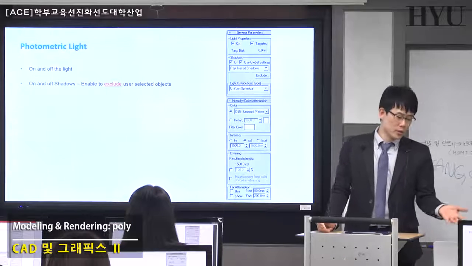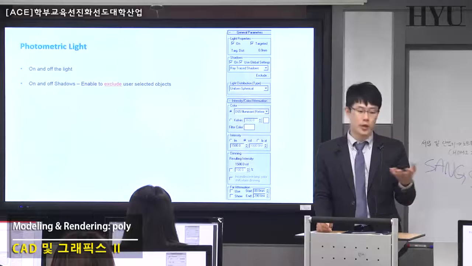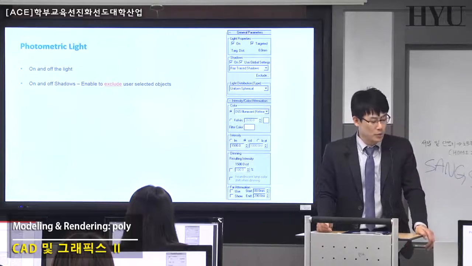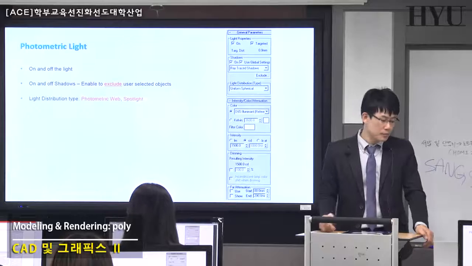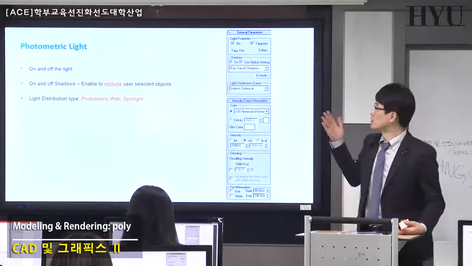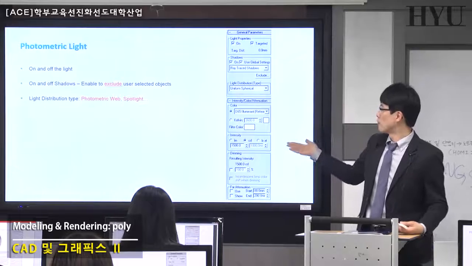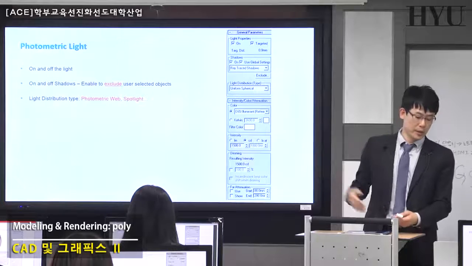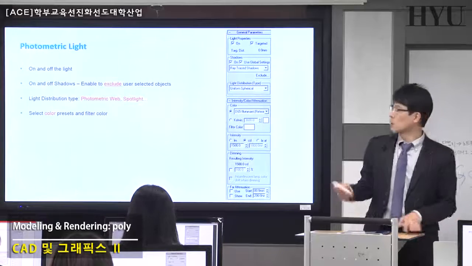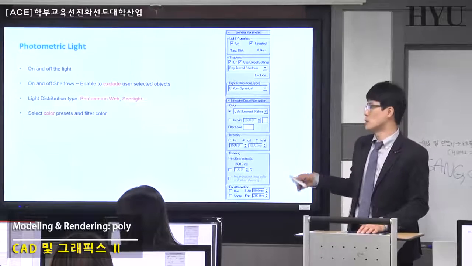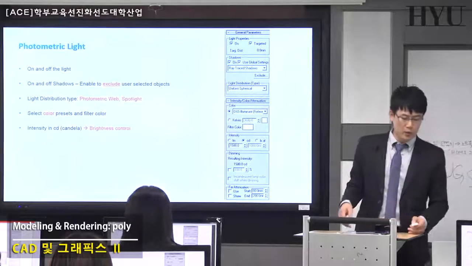Of course, turn on and off shadows. You can turn on and off shadows by the object. And the most important thing, distribution type, photometric web, spotlight, and something else. And of course, color of that light or some filter, and